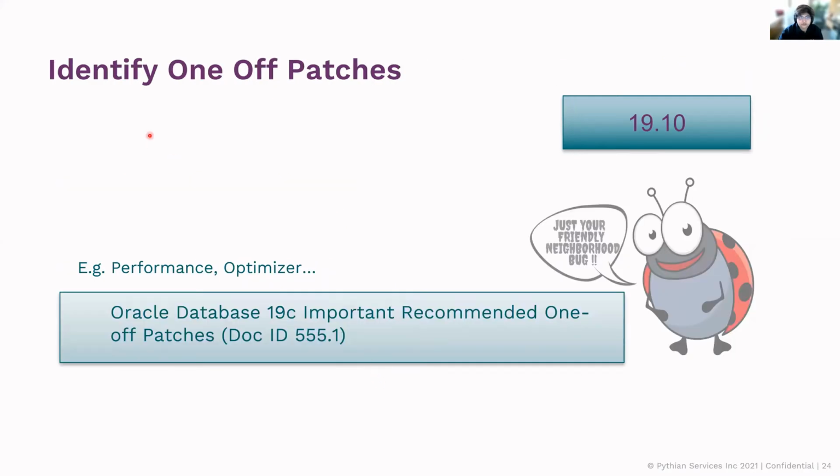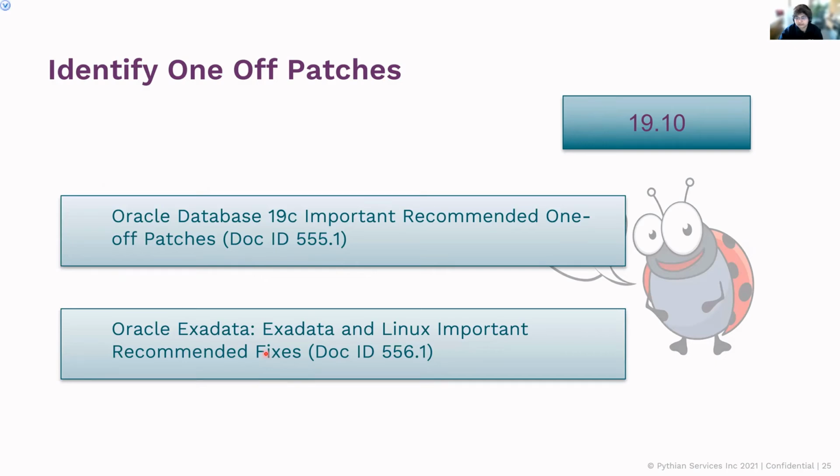Again, as I mentioned, identify the one-off patches. These are the documents that come for 19c, where there are really recommended patches for your 19c version. Depending on your RU, there'll be a couple of one-off patches. Now, these patches do cater to Exadata and performance optimizer related fixes. Now, all these patches that we're talking about are still only on the target system. So target home, if you're upgrading, if you're migrating, in any case, it is about your target system.